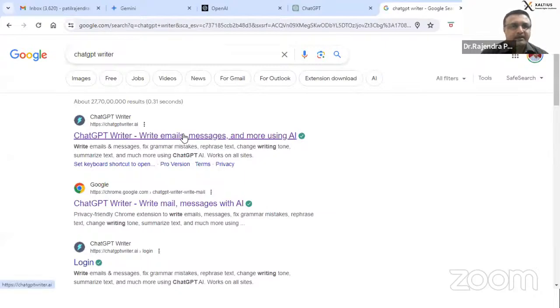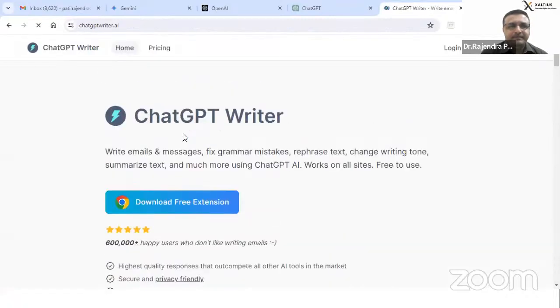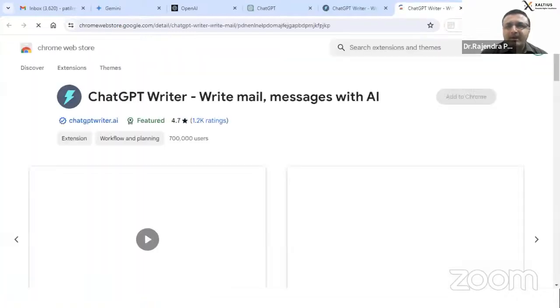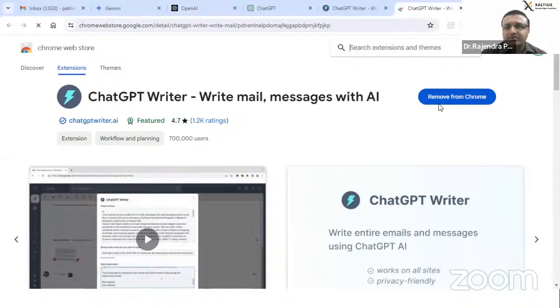Click on this and you will get a free extension to download. On my laptop it is already installed. It will ask you to add to Chrome, on the right side. Can you see? Here you can just click on add to Chrome. The moment you add it, you will get the extension at the top.